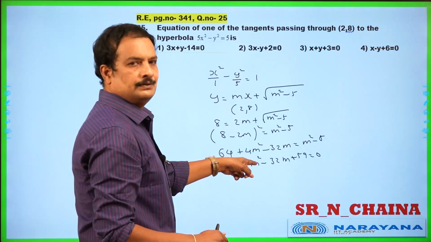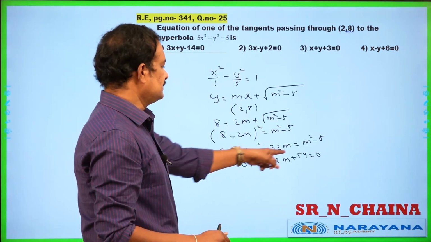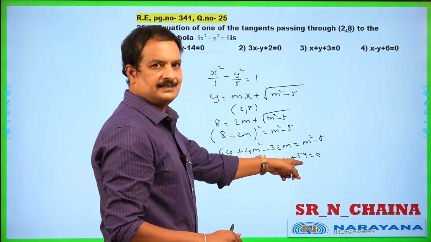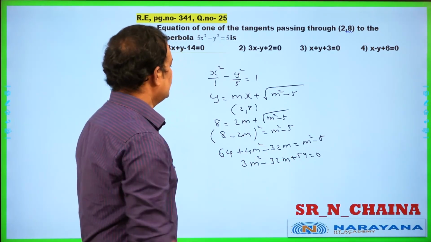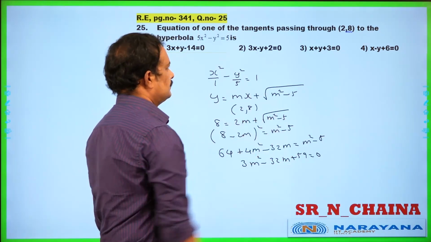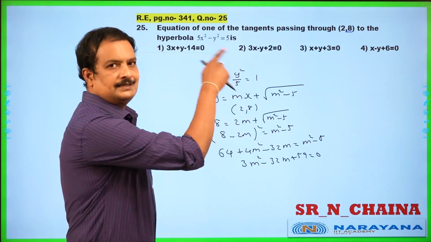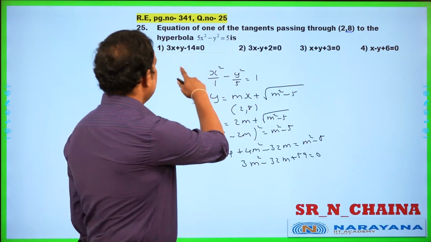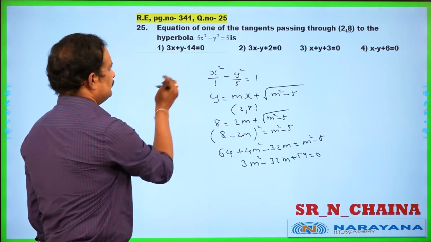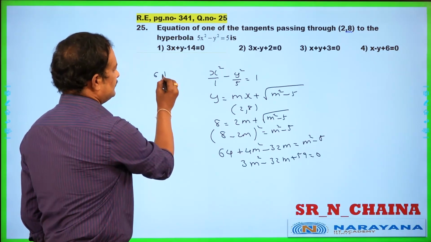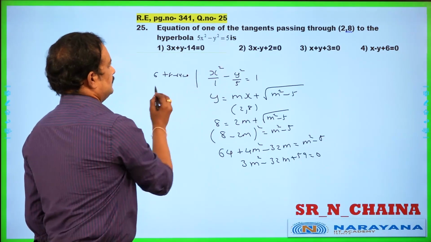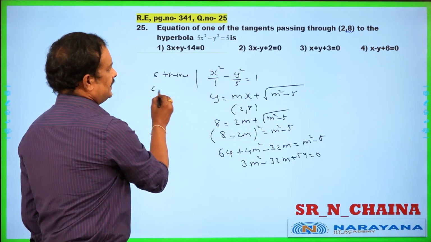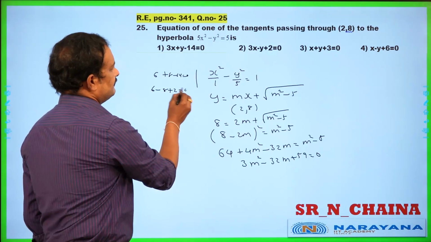So very clearly here is 2 a factor, 3 is a factor or not, we are going to find out this one, that's all. So this is how we are going to find out this one. So the tangents are drawn from the point 2 comma 8 here. Is 2 comma 8 satisfying this one, means this is 3 into 2, 6 plus 8 minus 14. It is satisfying this one. Next one, that is 3 into 2, 6 minus 8 plus 2. It is satisfying even this one.